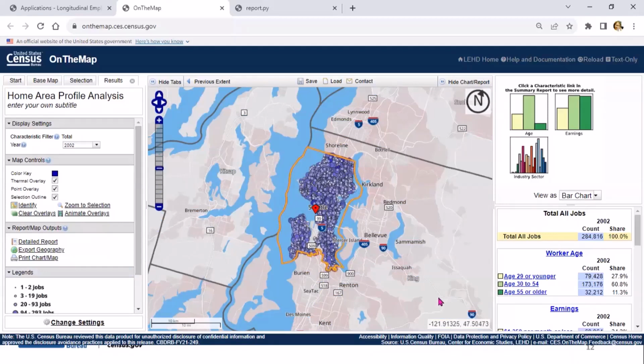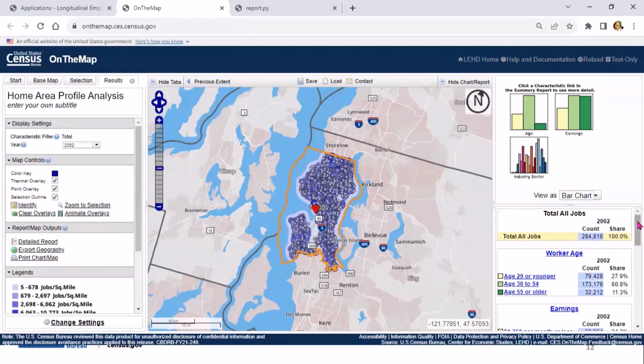All righty, great. Hoping you all are looking at the same screen if you're working with me. But to answer the questions, how many all jobs are in Seattle City, Washington in 2002? So we see that that's 284,816. And keep in mind again, this is how many workers live in Seattle.